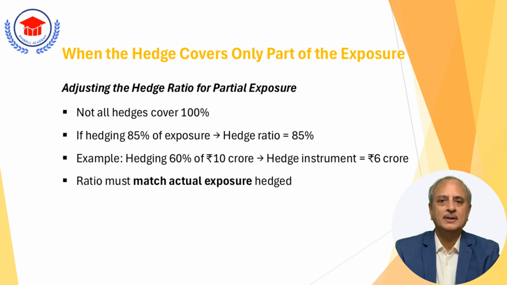However, the hedge ratio doesn't always have to cover 100% of the exposure. If an entity's risk management strategy hedges only a portion of the exposure, say 85%, then the hedge ratio must reflect that same percentage. For example, if an entity hedges 60% of a fixed-rate debt's exposure, it should designate 60% of the value of the debt security as the hedged item and use a hedging instrument aligned with that 60%